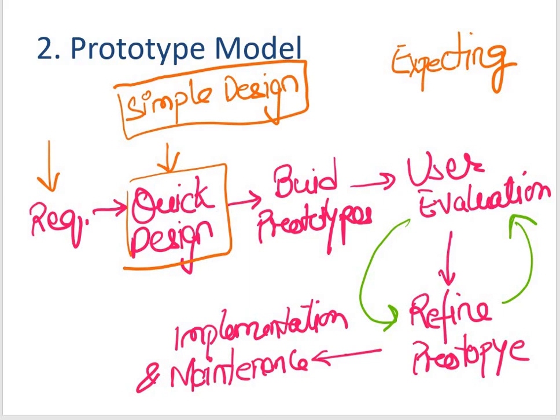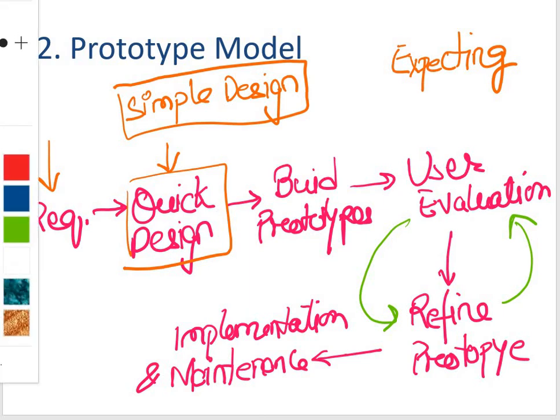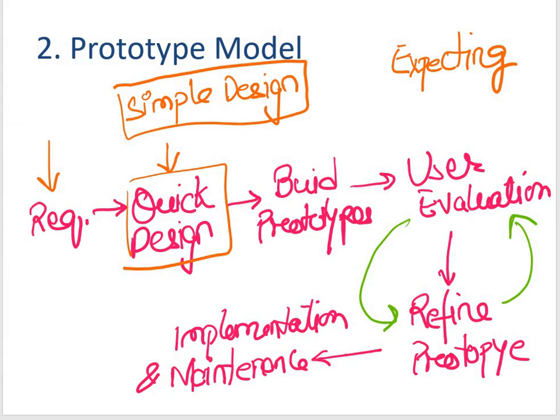So while building the prototype, I'll get some idea that right now I have reached this particular phase. An actual prototype is designed, which is based on the information gathered from the simple or the quick design.